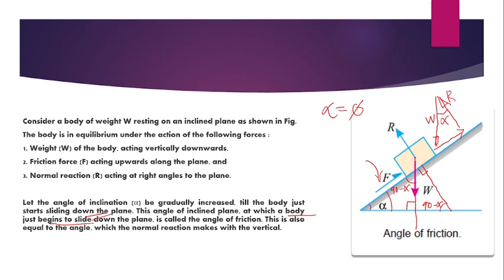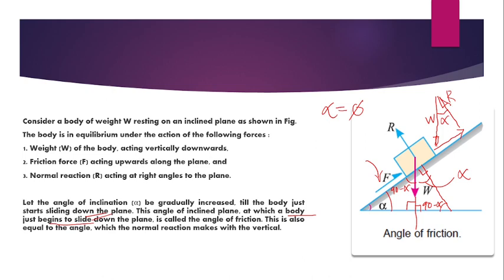And we can select another triangle like this. If this angle is 90 minus alpha and this angle is 90 degrees, then the complete angle is alpha, or the combination of 90 minus alpha and alpha becomes this 90 degrees. Then this angle is equal to alpha, and alpha is the angle between the normal reaction and the vertical direction.